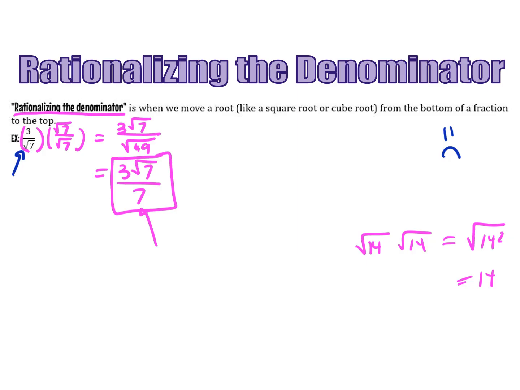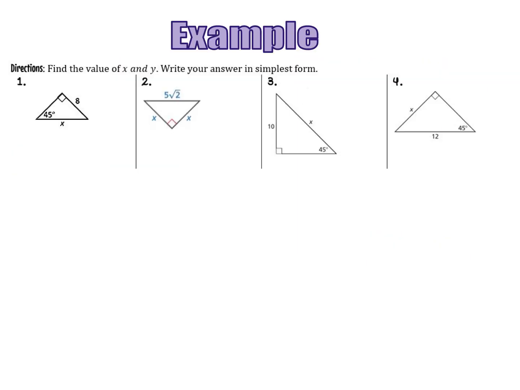triangles, let's look at some examples. All right, for each of these examples, I want to start by identifying which type of special right triangle it is, and I want to make sure I identify the hypotenuse. So the hypotenuse is always going to be across from that right angle. So on 1 and 2, I'm going to go ahead and just identify it right away, across from the right